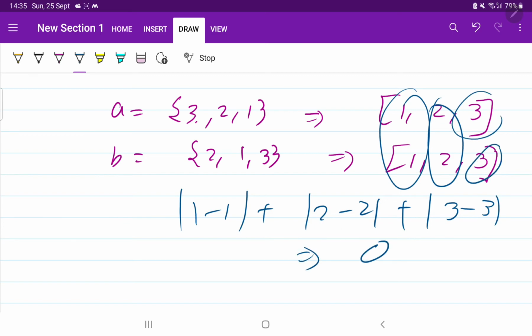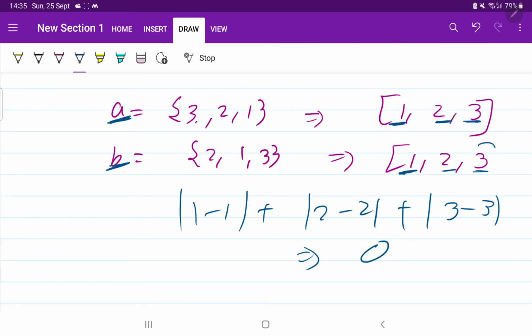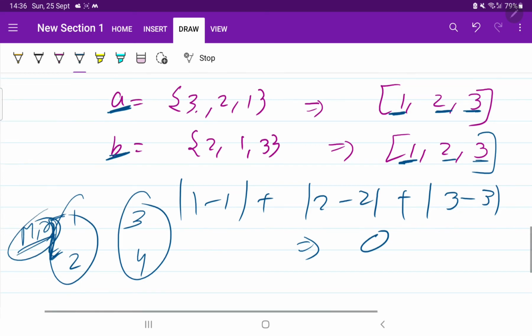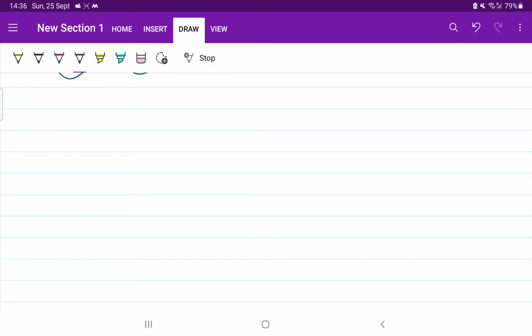So we got one thing: if we sort both the arrays, the elements will be arranged in ascending order here and also here. Then if you subtract them, the smaller elements, for example 1, 2, are subtracted first, and suppose here 3 and 4, then they are subtracted. It means the distance between these two elements will be minimum if they are already sorted. So the concept is that first we need to sort the arrays and then subtract the elements.